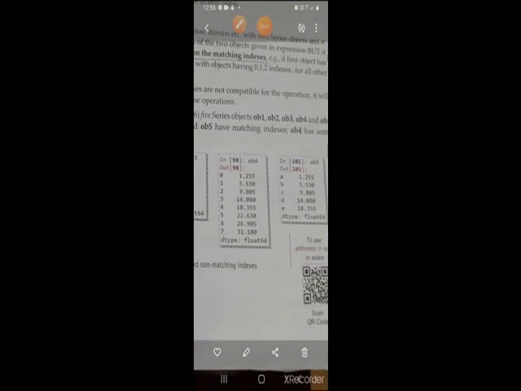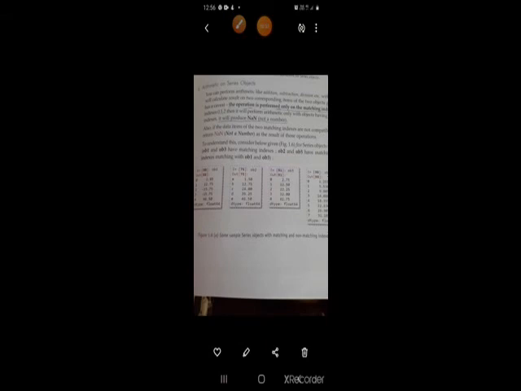Now you can see this is OB1, OB2, OB3, OB4, OB5. The operation is performed only on those series objects which have got similar or matching indices.